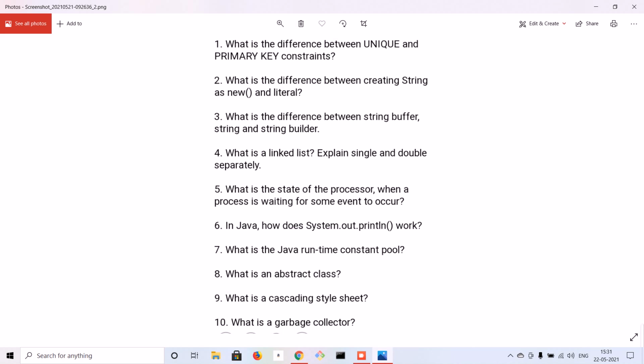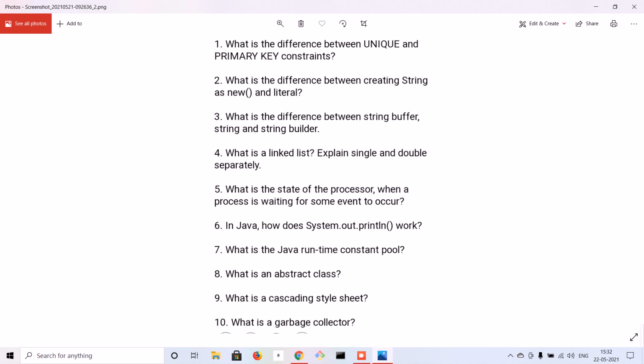And if you are using a literal to create a string, it creates an object, but first it checks in the string pool whether this literal is already there or not. If it is there, it will not create a new object in heap memory.